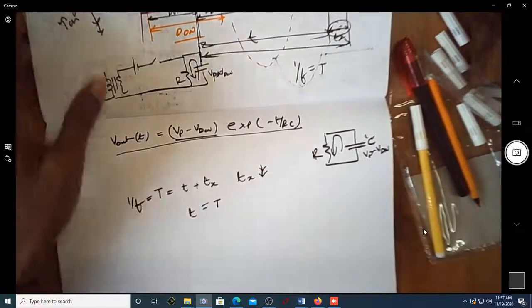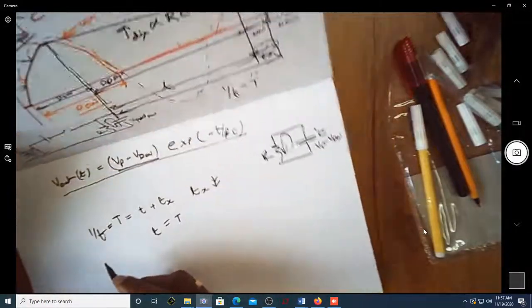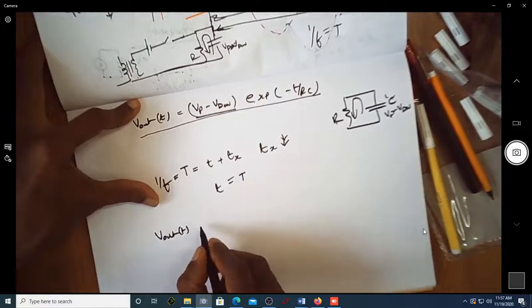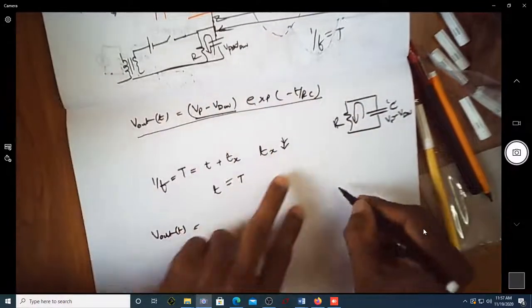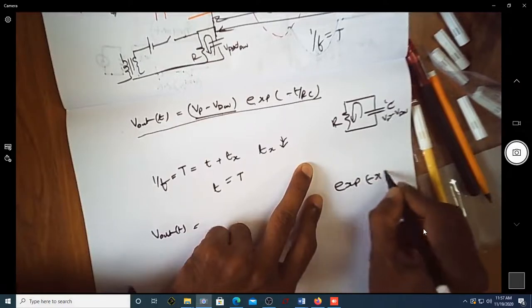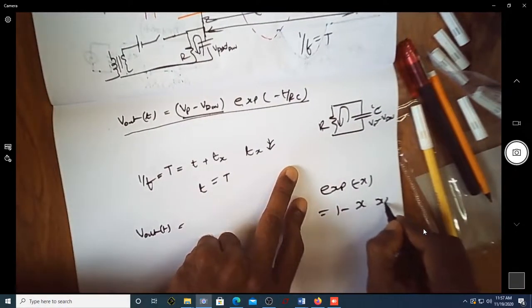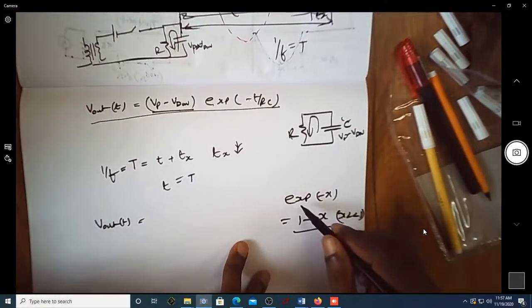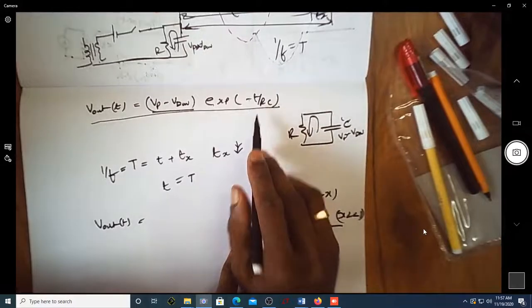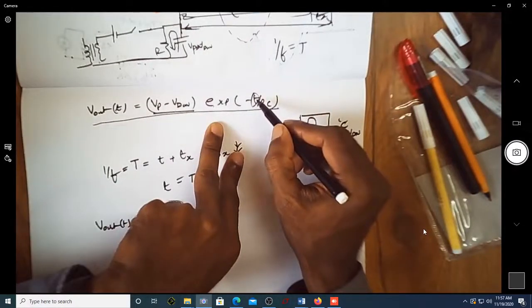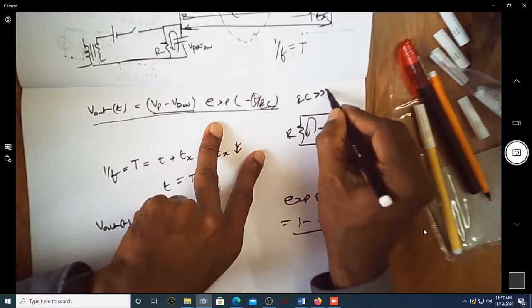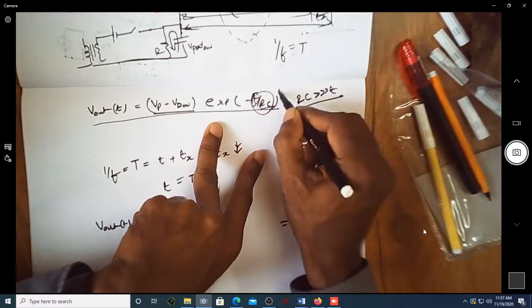Okay, now what I'll do is, if you can see this V out of T, I'll just split. I'll expand this e power. Can we write exponential of minus x as 1 minus x if x is far less than 1? This is the mathematical proof. You can prove it. Exponential of minus x can be written as 1 minus x, where x is very small, which is true in this case. This time is very small compared to this value of RC. RC is usually far greater than T. So this entire ratio is always less than 1.